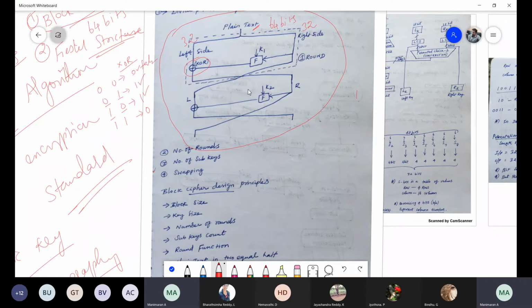Why are we particularly using the XOR operation in this DES algorithm? Initially we take the plain text and convert it into ciphertext. This we do at the sender end. Then we send this ciphertext into the network. After that, the receiver side has to receive the text, in the form of ciphertext only. That ciphertext we have to convert into plain text, so only the receiver can understand the original message.